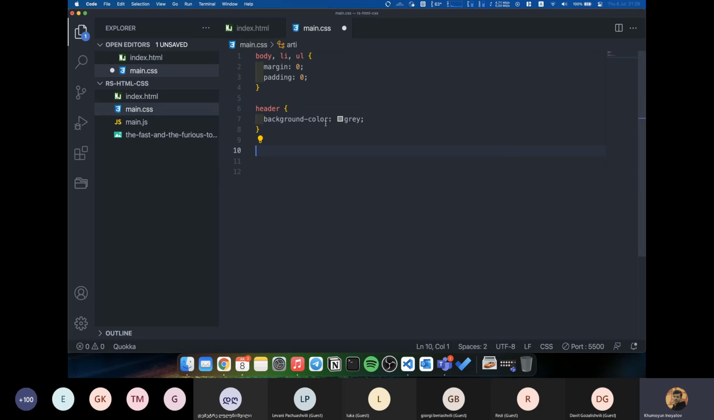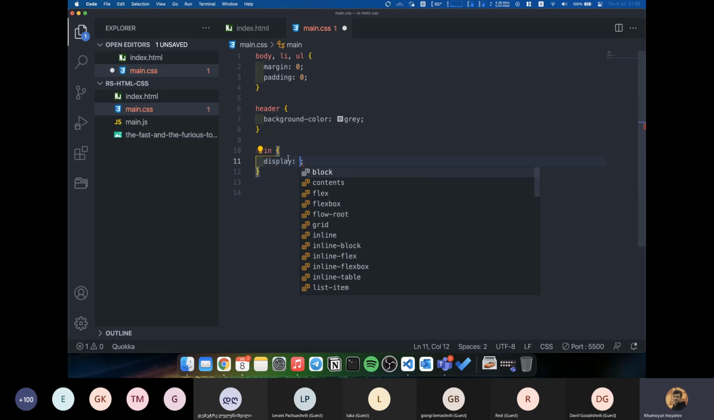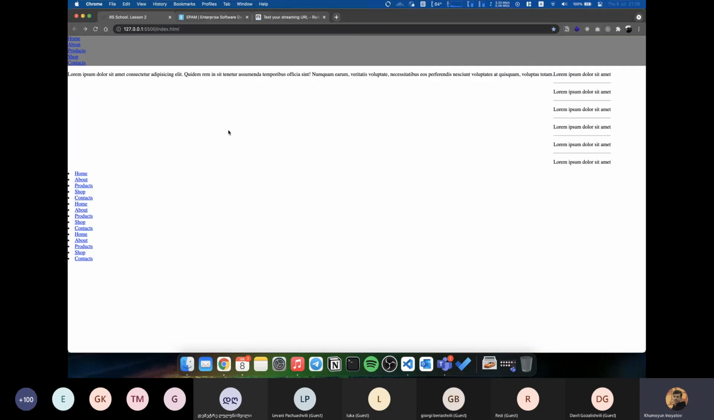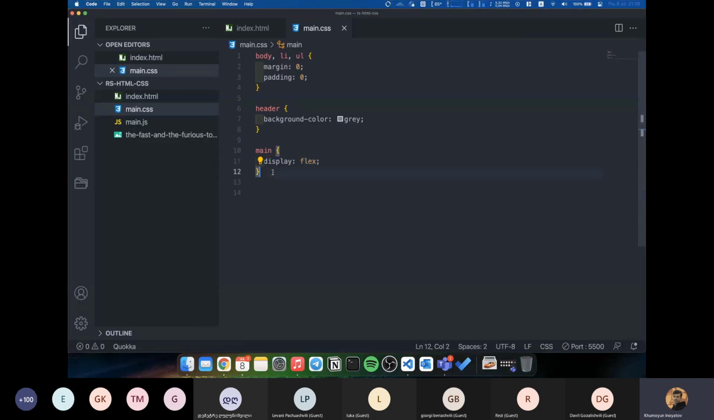article, main. We will use the display property, and we will give it a flex value in order to make them appear one next to each other. Also, we can paint the main